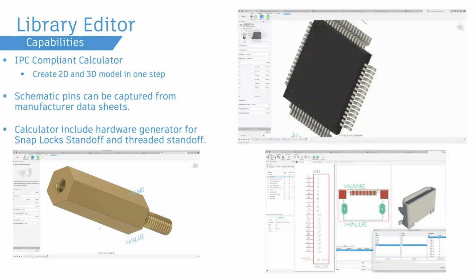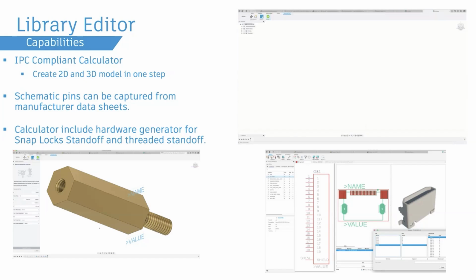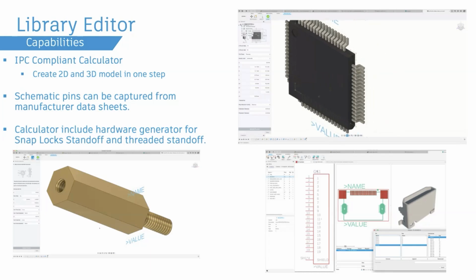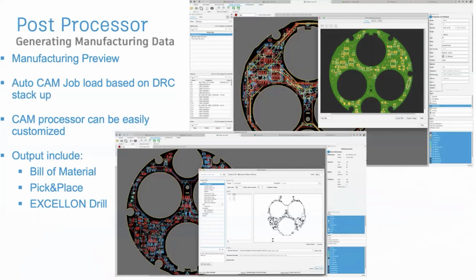So we have some hardware when it comes to the PCB, and we have some component creation, which makes it a lot easier for you to work with. Now let's talk a little bit about post-processing. Post-processing, as we all know, is the action of creating the files that are necessary to get the boards made. Now, we do have a manufacturing previewer, which gives you an idea of what you're going to